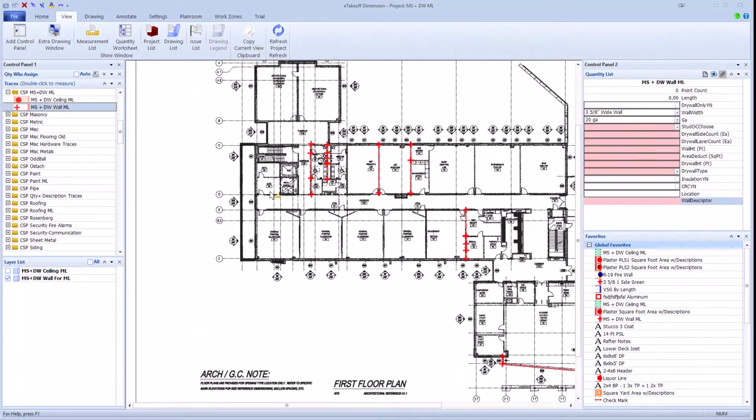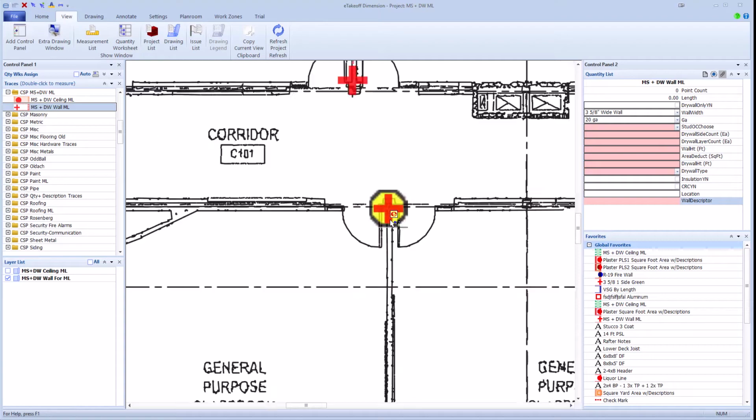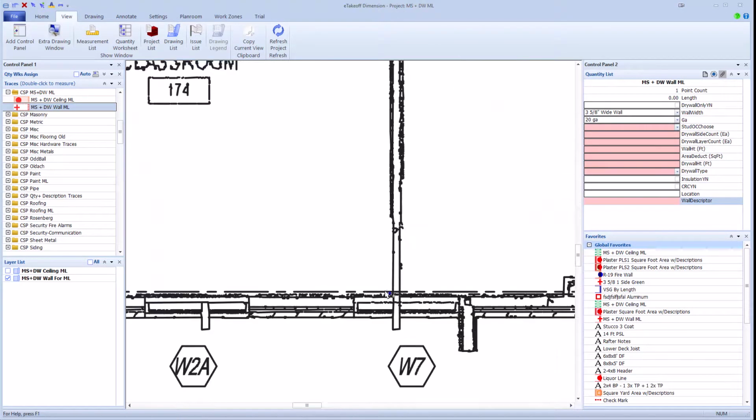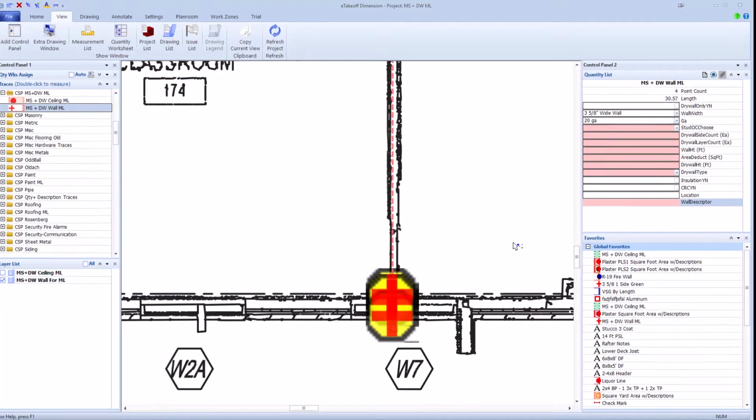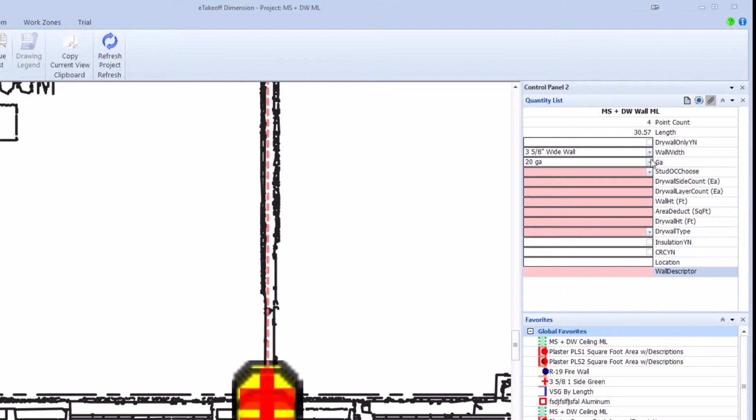Selecting the MS plus DW wall measurement list takeoff tool from the list of traces, we perform a length measurement, clicking at each location we wish to add one stud in accordance with industry accepted construction protocols. In each of these drop-down boxes, we can choose various properties for this wall. Gauges from 25 to 16, widths from 1.5 inches to 8 inch, stud spacing, side occurrence of drywall, the count of layers of drywall on each of those sides,